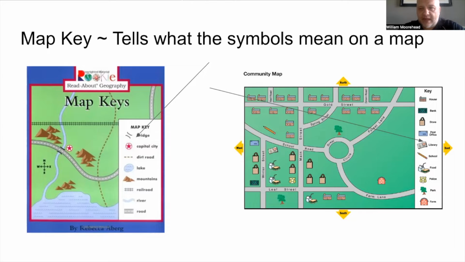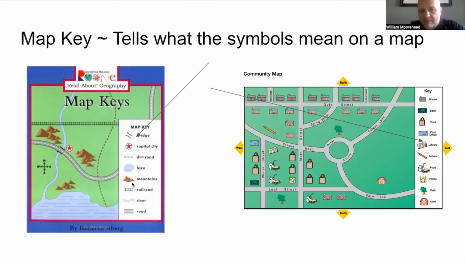For example, if I have a map of the United States and everywhere there was a mountain, I'd have to write the word mountain. Eventually, I would have the word mountain stretching into places where there are no mountains. You wouldn't be able to read anything because the word mountain is written over and over and over. So to keep this map really, really clean, we use symbols. And if we use a symbol on a map, for example, you can see my cursor here. If I go over here and I want mountains to be a triangle,